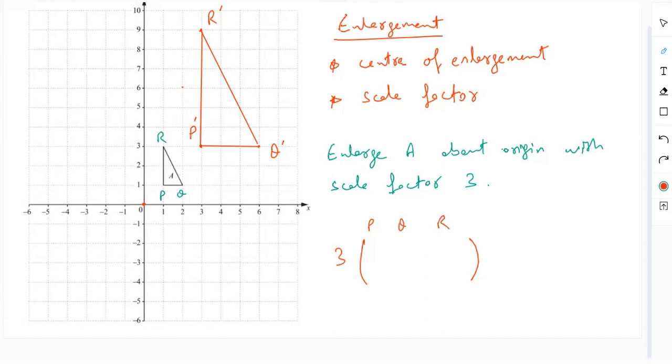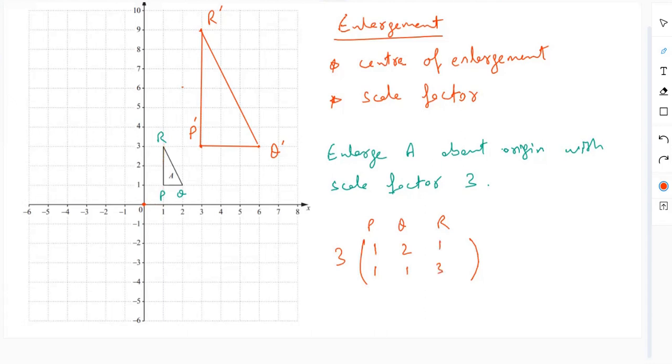ठीक है, P के कोऑर्डिनेट्स क्या है? आपने देखना है ओरिजिन से P पे जाने के लिए आपको क्या करना पड़ रहा है, you have to go 1 unit right and then 1 unit up, तो P पहुंचने के लिए आप go 1 1। अच्छा, ओरिजिन से Q पे जाने के लिए क्या करना पड़ रहा है, 2 units right 1 unit up, that's 2 1। ओरिजिन से R पे जाने के लिए क्या करना पड़ रहा है, 1 unit right and then 3 units up, that's